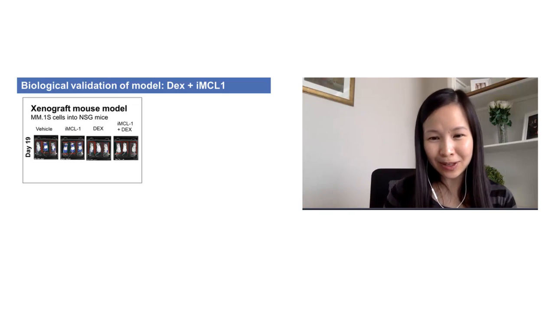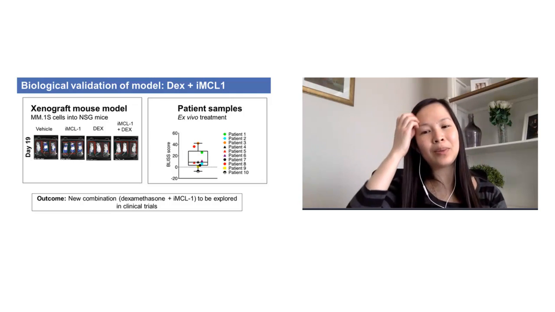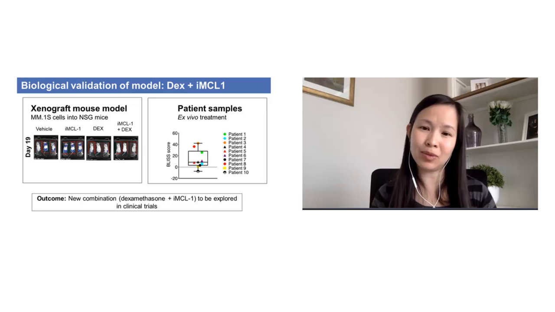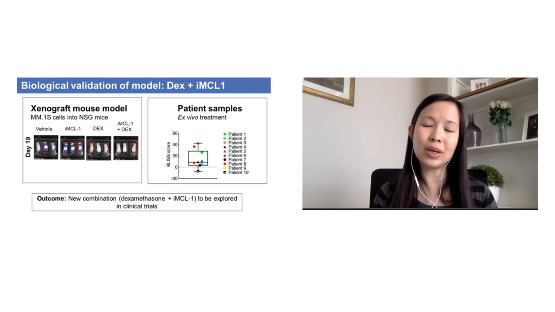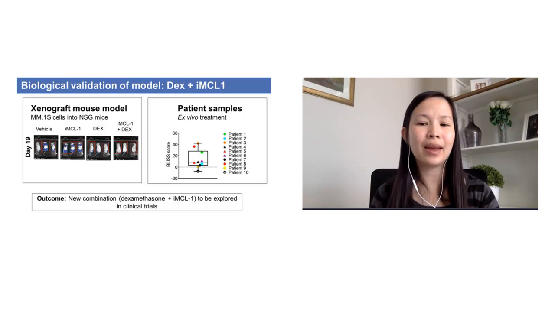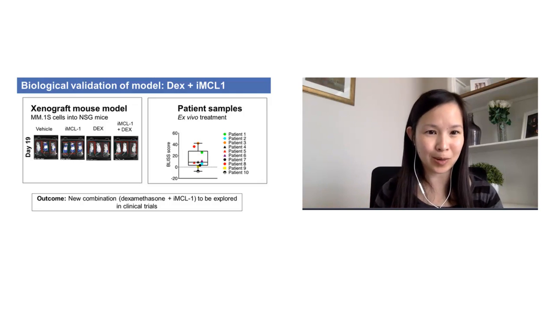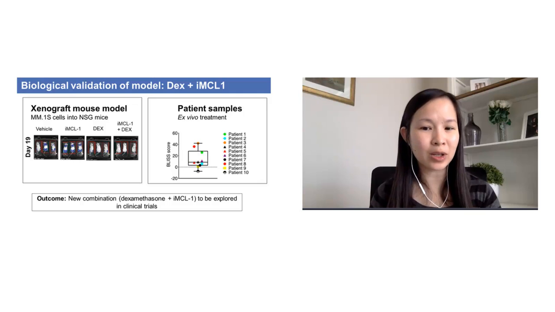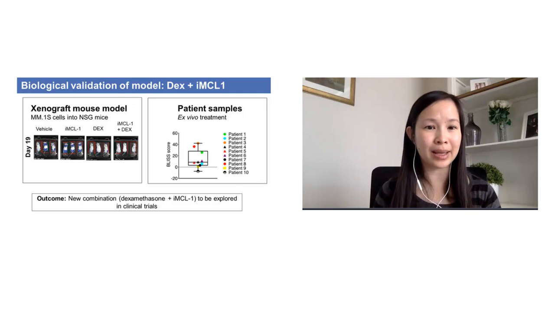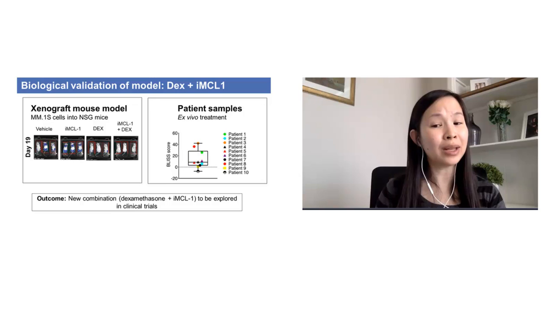We're also able to do that validation in patient samples, whereby we take blood samples from multiple myeloma patients, and treat them in a dish with either single agent or both dexamethasone and inhibitor for MCL1. And you can see here that the way we look at this is we express this as a Bliss score. So any score above the dotted line here, above 0 represents potent combinations. And when we look at 10 patients, you can see that the majority of the patients respond really well to the